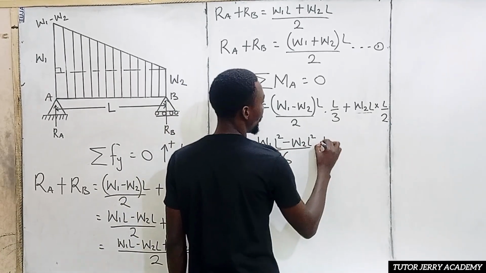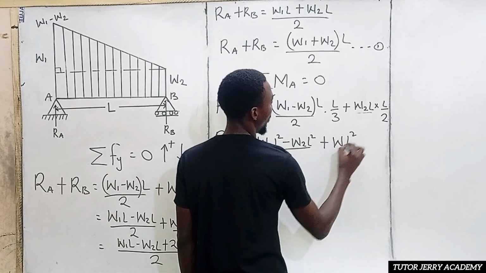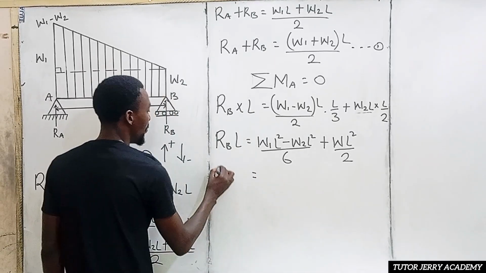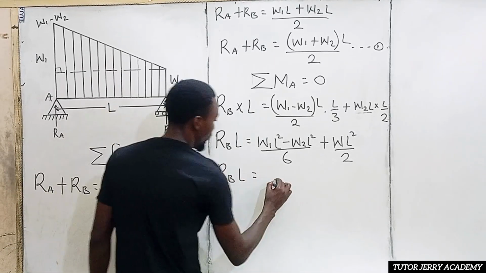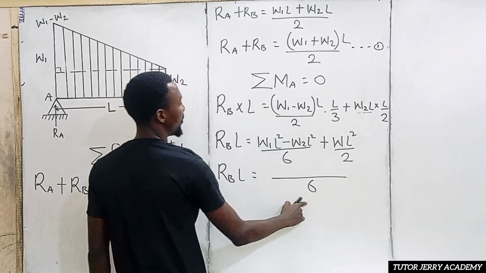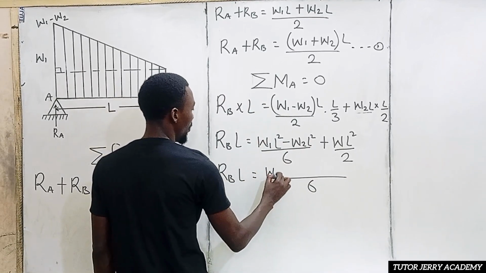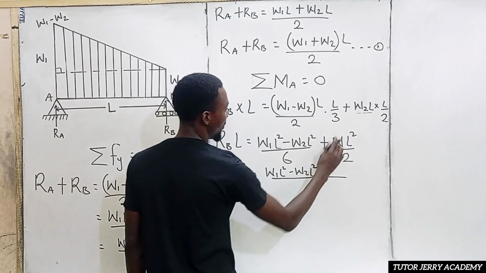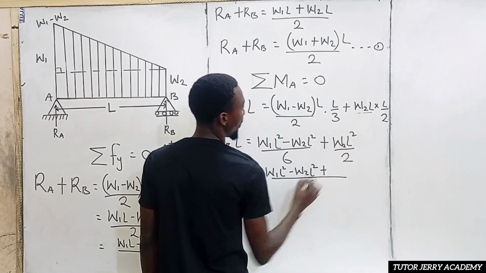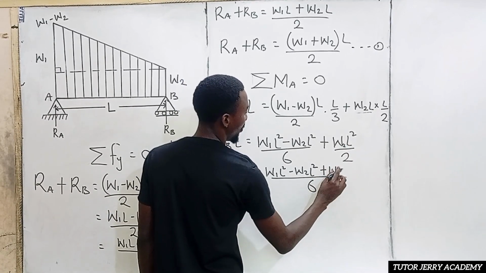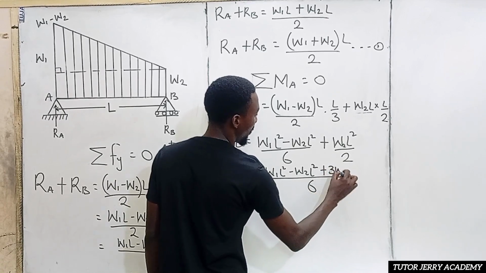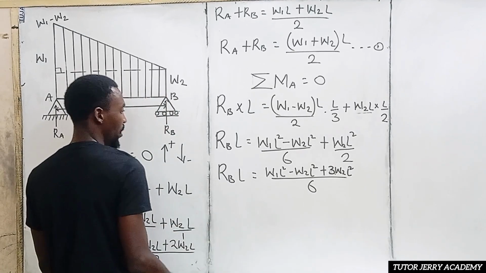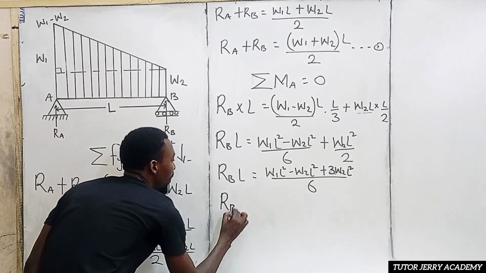Then if we do this, we are going to have plus W L square all over 2. All right. So the LCM of 2 and 6 is 6. So we are going to have 6. 6 in 6 is 1. 1 times everything here is going to give us W1 L square minus W2 L square plus 2 in 6 is 3. 3 times this, we are going to have 3W2 L square. All right. So by the time we proceed with this, we are going to have R_B L to be